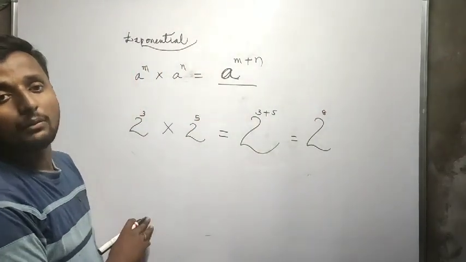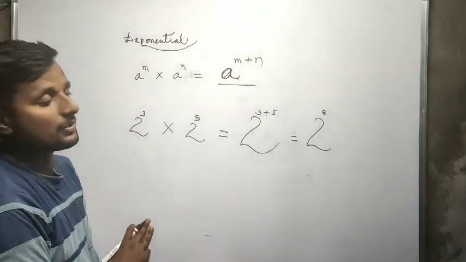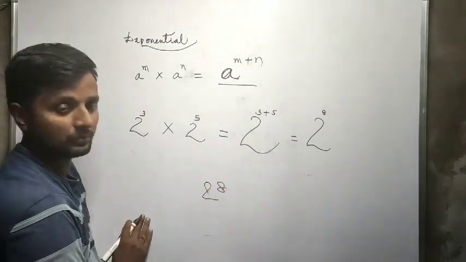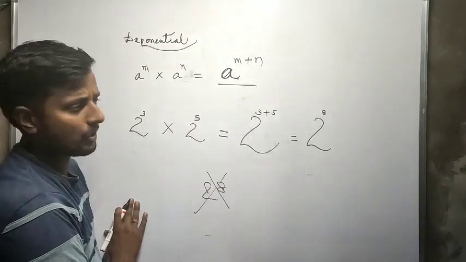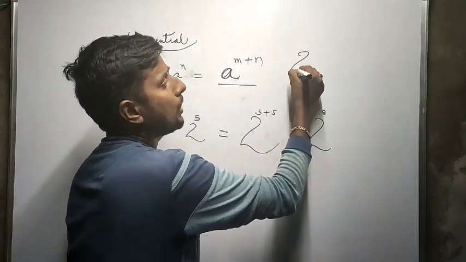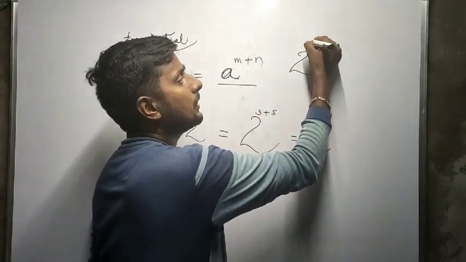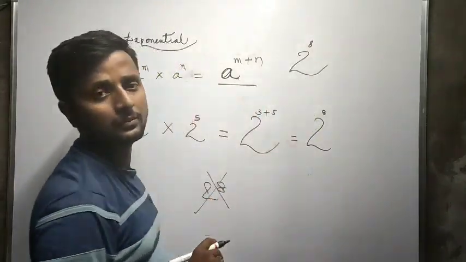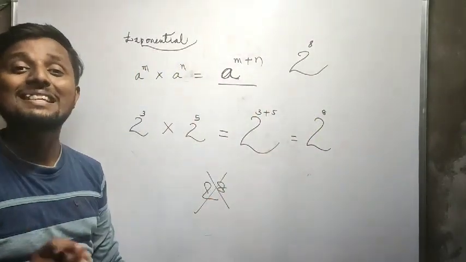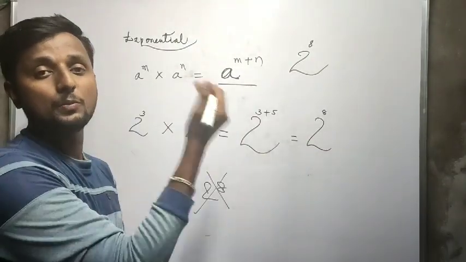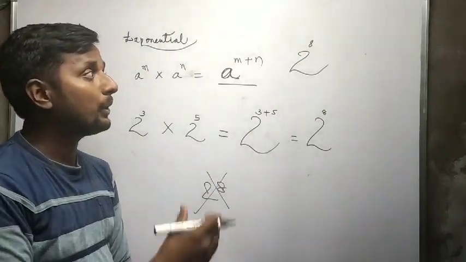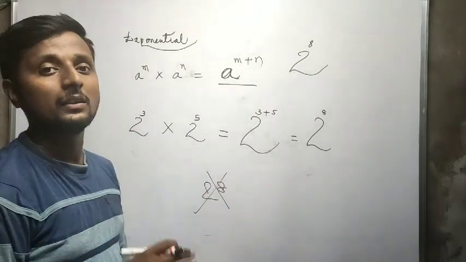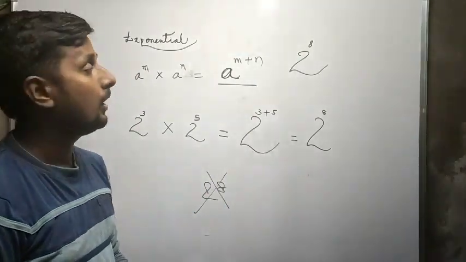Mostly while children are writing exponents, they write the exponent the same size as the base. No, it's a very big mistake. The base must always be larger than the exponent. People must be able to easily understand which is the base and which is the exponent. So the exponent's font must be smaller than the font size of the base.